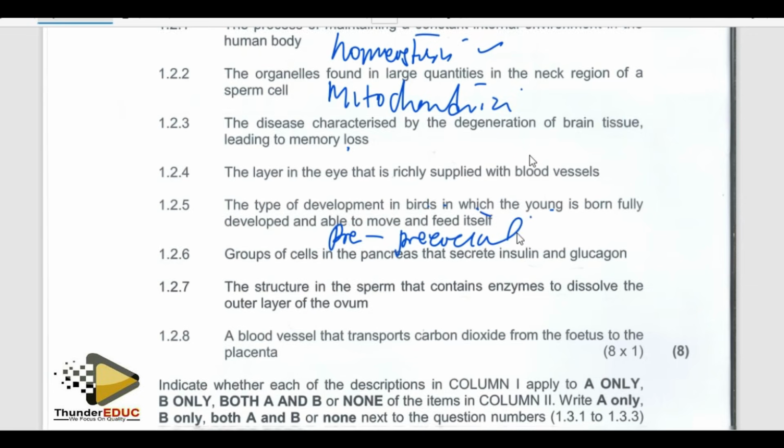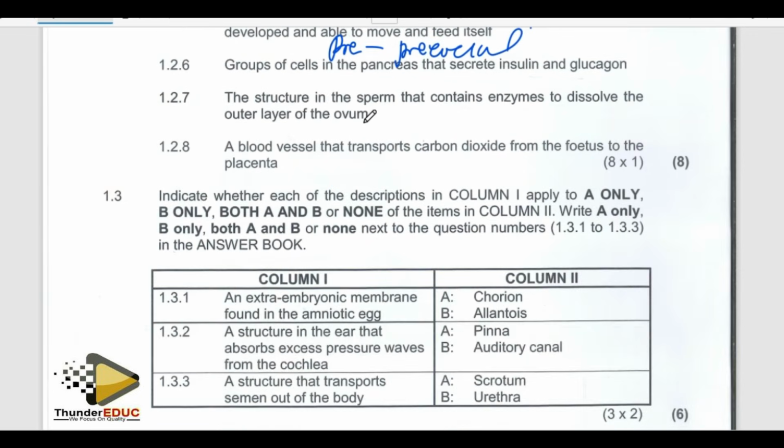Precocial. Yes, precocial. Then they are saying that the structure in the sperm that contains enzymes to dissolve the outer layer of the ovum. How do you call that structure which contains the enzyme? Acrosome. And then I'm saying the blood vessel that transports blood, which is deoxygenated, meaning that high level of carbon